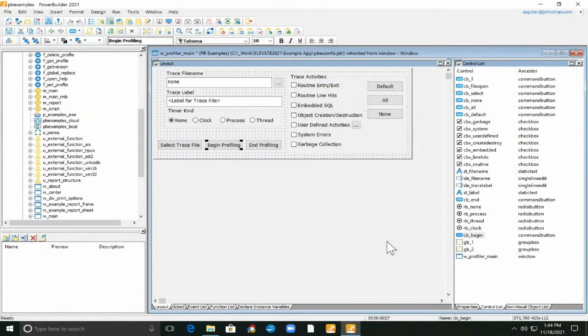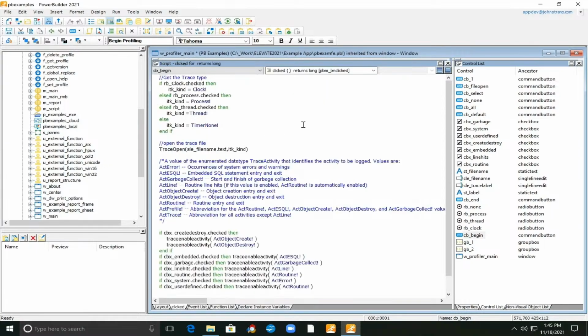So here we have that profiler window of type main, and what I'm going to do is to open up the PowerScript for this begin profiling command button. And perhaps it was misleading. At the heart of the window that you saw in the demonstration is a pure PowerScript approach, albeit in our case a hybrid one, where the user defines when the tracing begins and when it ends.